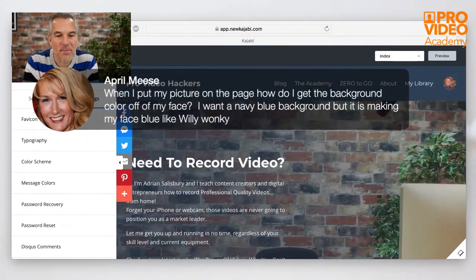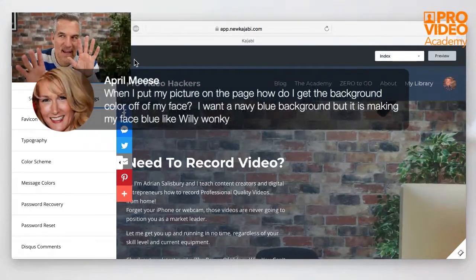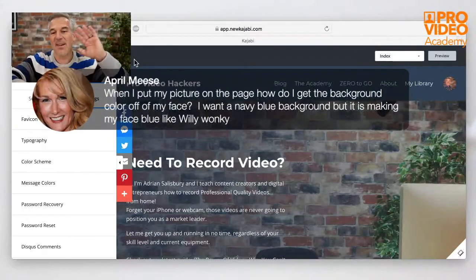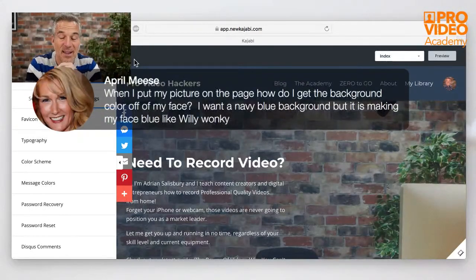Yeah, sorry, I've got two questions popping up at once. Yeah, April, if you want to make that blue but keep your face not affected by the color, then you need to do it in Photoshop or another program and bring it in already edited. All this is doing is very simply laying a color across the top of it, and it will just adjust the transparency of it.